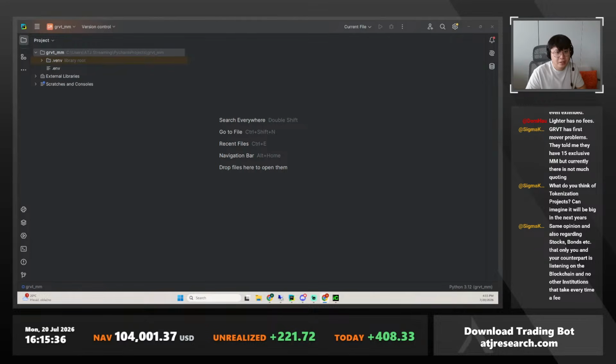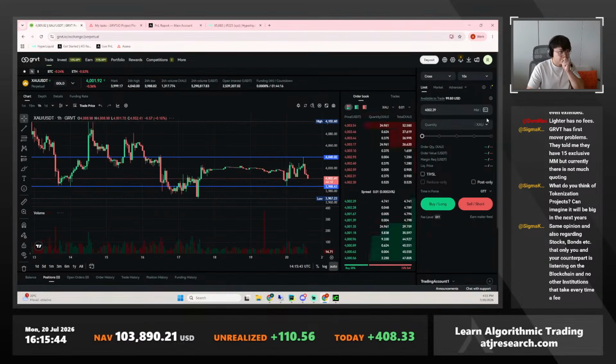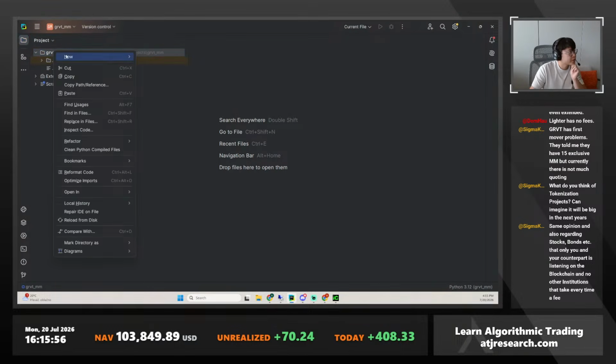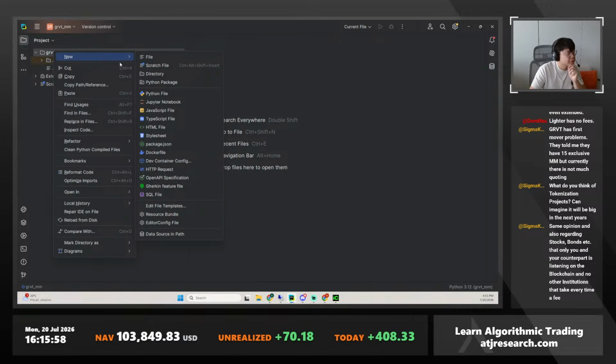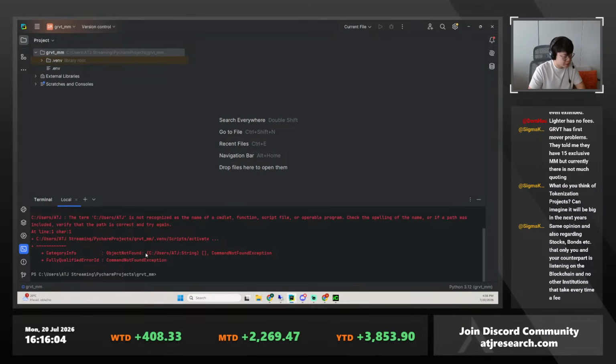So now we can go back to our trading platform. And yeah, so now we have the API key saved here. Actually, it's read only, so I don't have to worry about leaking it right now because the only thing you could do is like read from the account. But we're going to set up the Claude project now, right? And